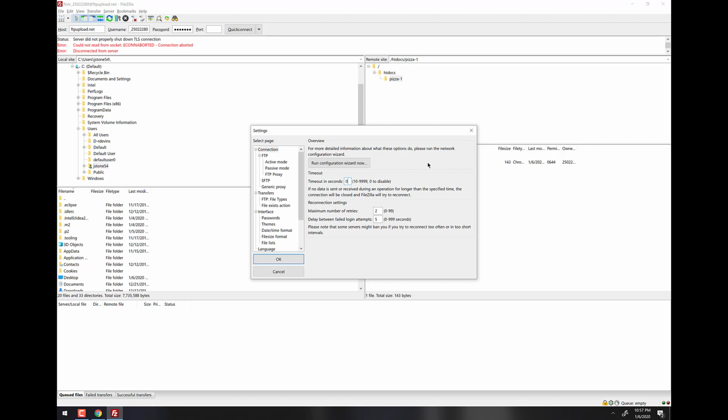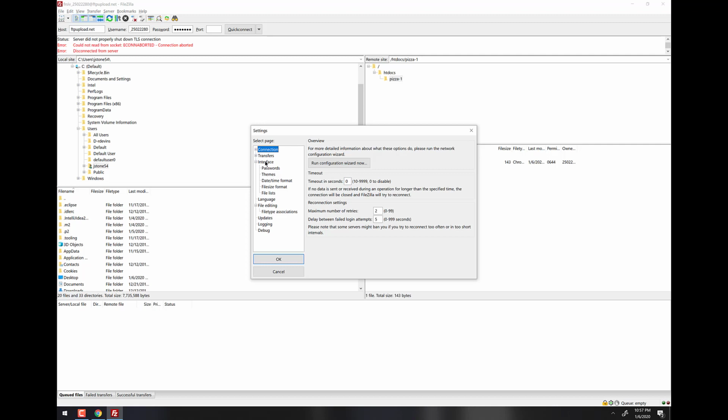I don't know if that's an issue on this particular site or service, if it'll ever need to come to that, but if you want to set it now so you don't have to think about it, go ahead and do that. Otherwise you can leave it at 20. So that's the first thing. Next, we're going to just shrink up connection. We don't need anything else in there, and we don't need anything else in transfers.